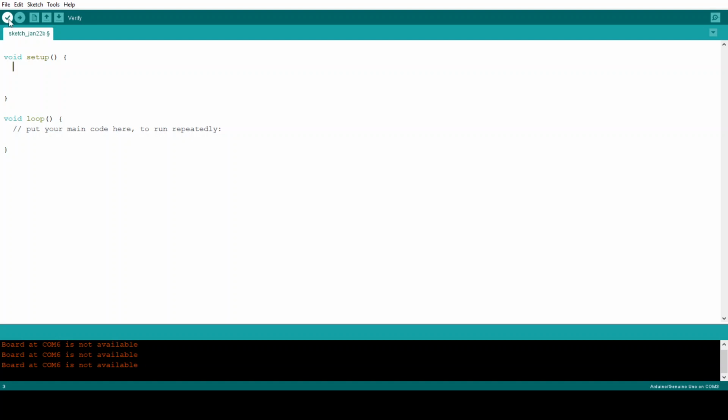Then we have to know compiler, right? Compiler means it converts the human readable format into machine readable format. So that's why this is working. Then upload. What we wrote as code in our IDE, we have to upload the code to the controller. That's why the controller is working to our program, right? Then new file we have to open and also save. Whatever code we write, it should be saved, right? These are the icons the Arduino IDE has.